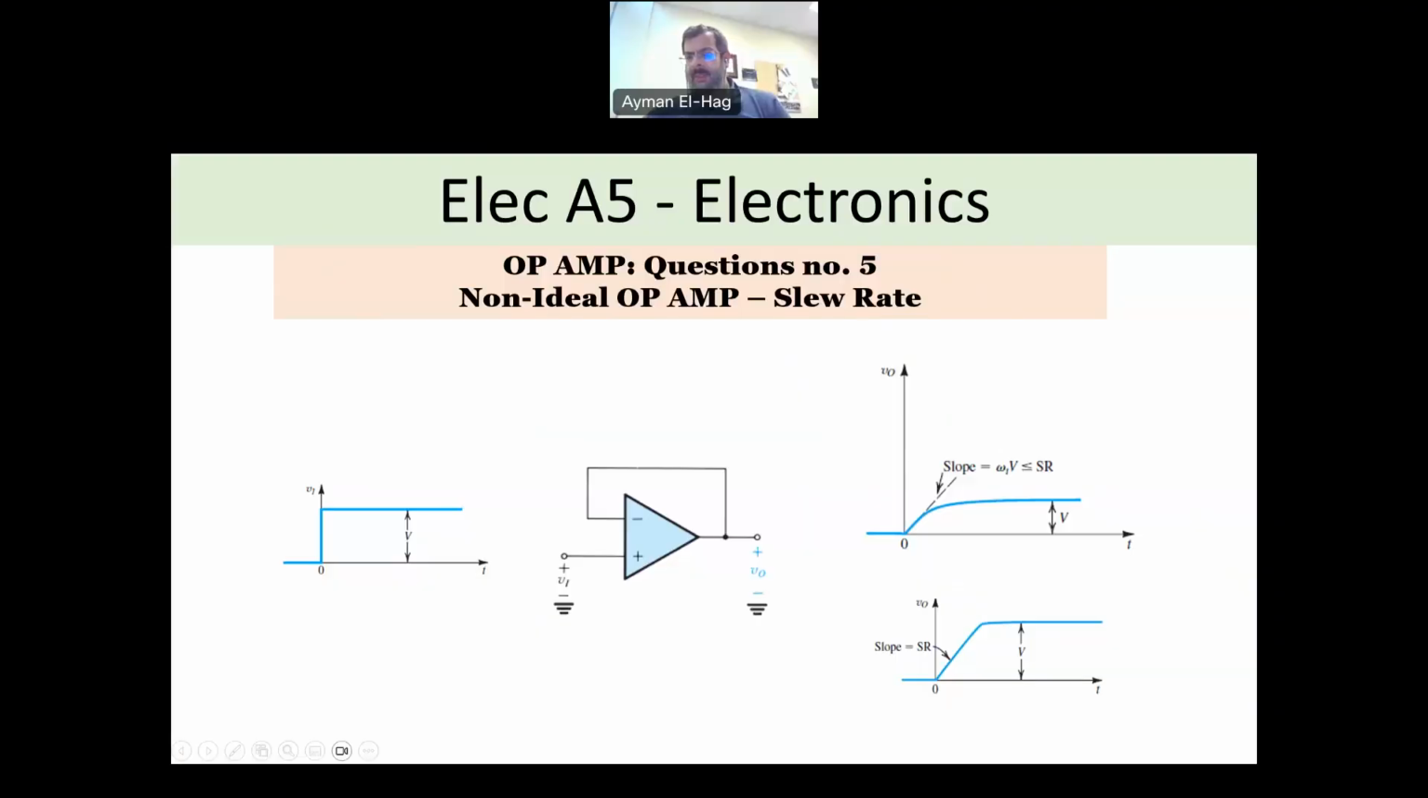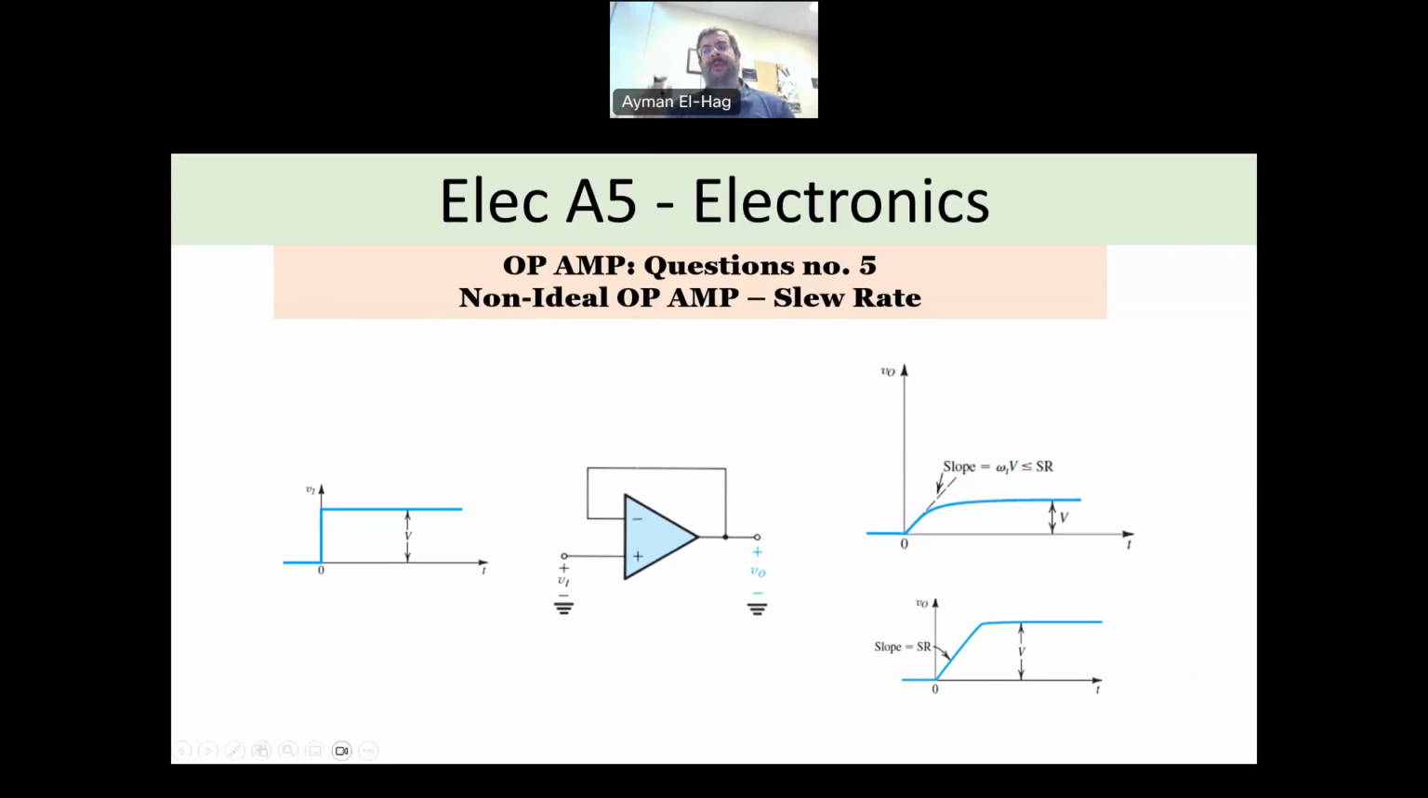Hi everyone, and welcome back to this series of solving questions from the exam ELC A5. This exam is for the passing of the technical exam of the PEng, Professional Engineering Exam in Ontario and other provinces in Canada. Today I will try to cover an important topic in non-ideal op-amps, which is the slew